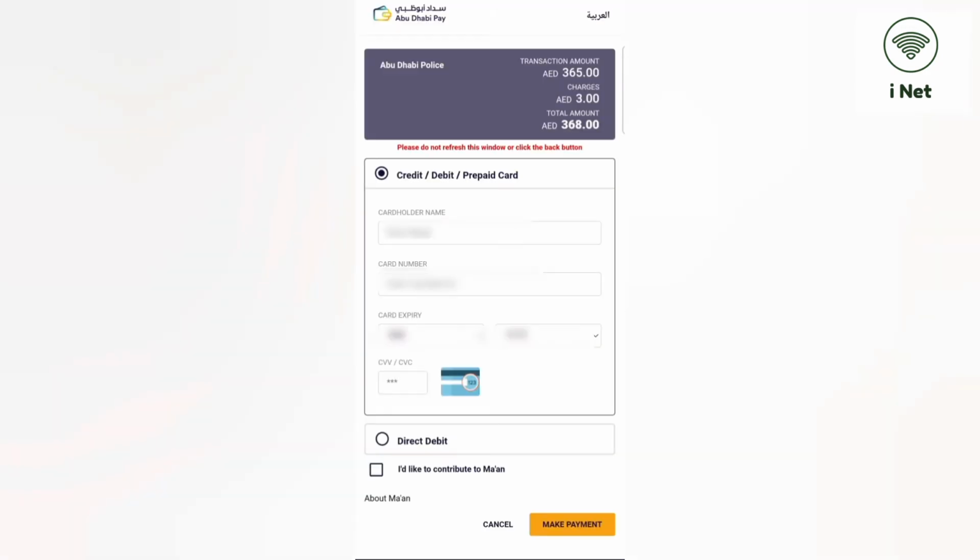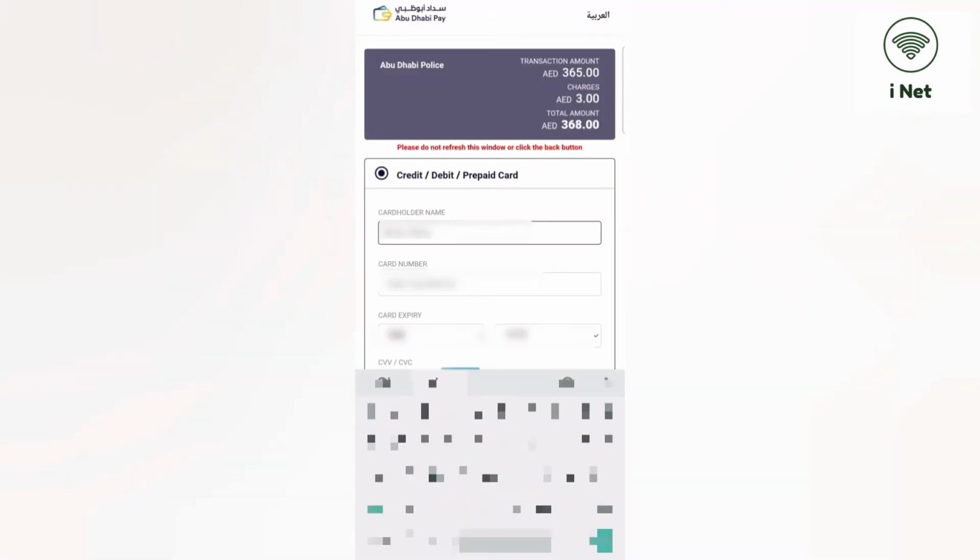After that it will load for some time, and you can enter your credit card details and your SMS OTP details.